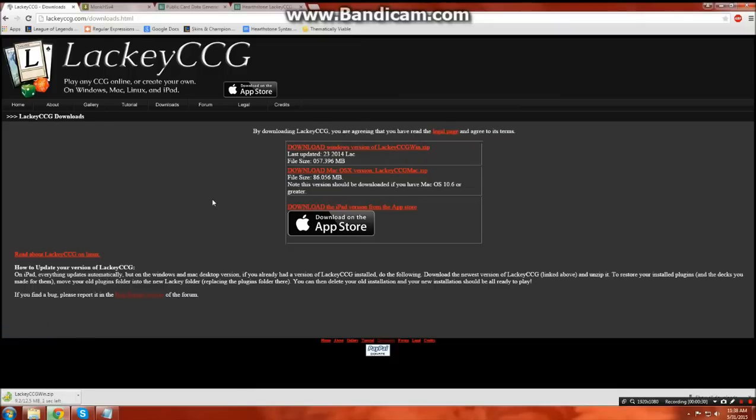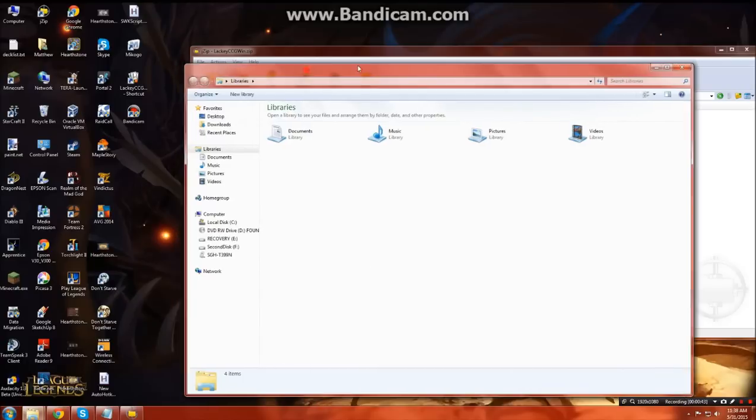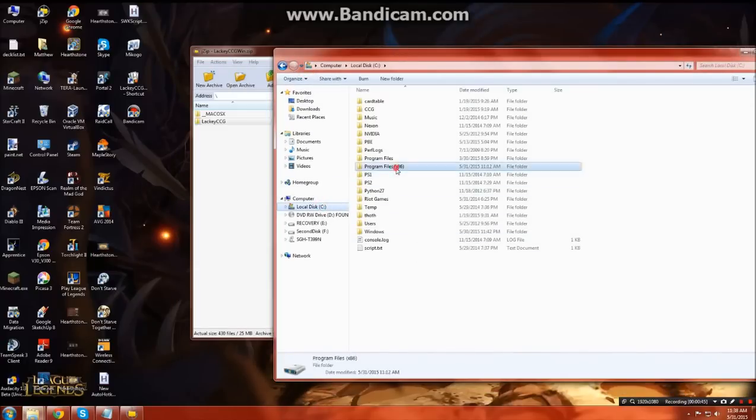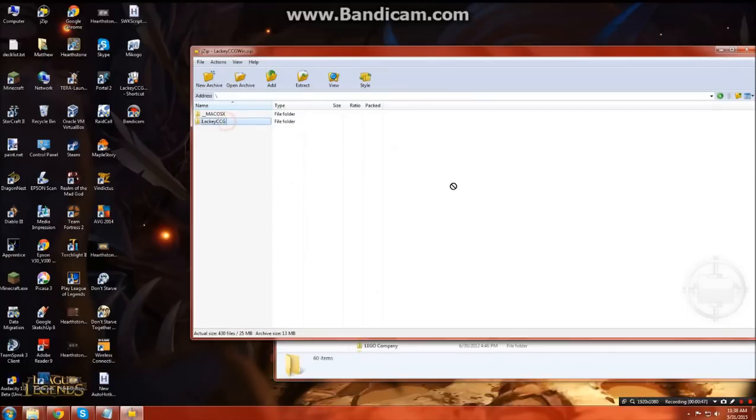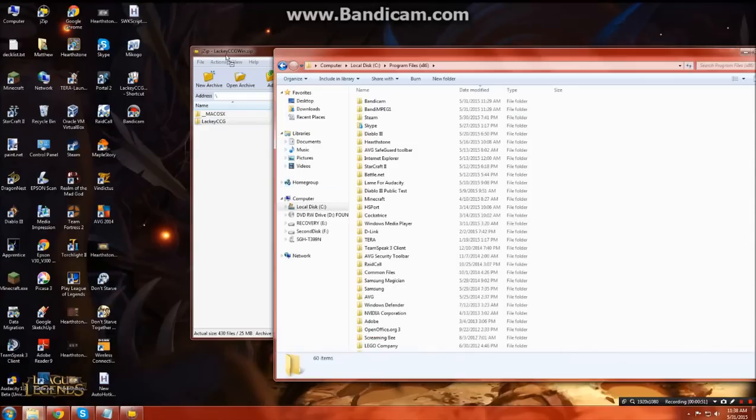It downloads as a zip file, so you need some sort of unzipping program for this step and also for steps in the future. So open up the zip file and take this LackeyCCG folder and put it somewhere. I'm going to go ahead and put it into Program Files x86 because it's where I like to put a lot of things. So it's extracting there,